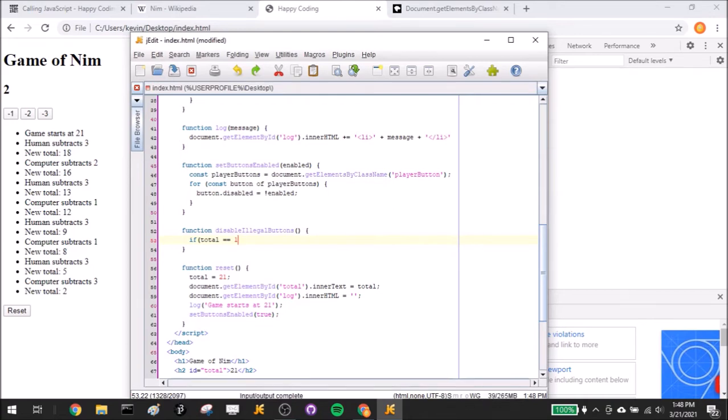So I don't have to worry about it. All of the buttons will be disabled when total is 1, because we already check for that somewhere else, which might indicate that maybe I should move this code somewhere closer to that, but it's fine. So next I'll say like if total is 2,